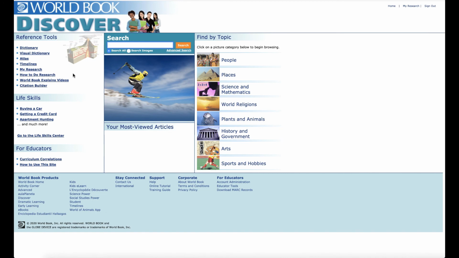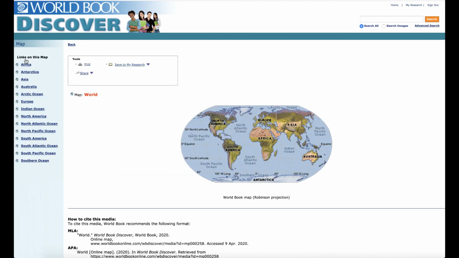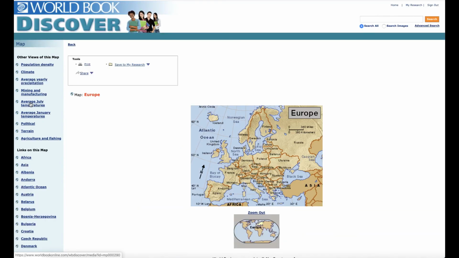The Worldbook Discover Atlas is an up-to-date source of full-color maps of the world, as well as continents, countries, states and provinces, and many cities. Drill down to access political maps of the world. Links on the left direct you to related maps, including neighboring states or countries, and maps featuring demographic, industrial, and